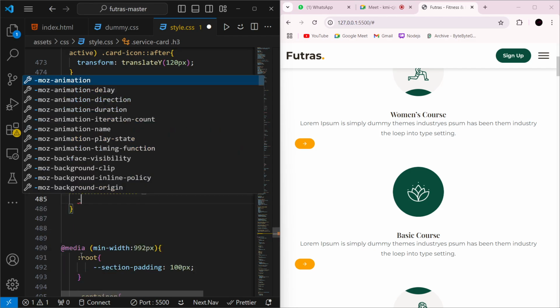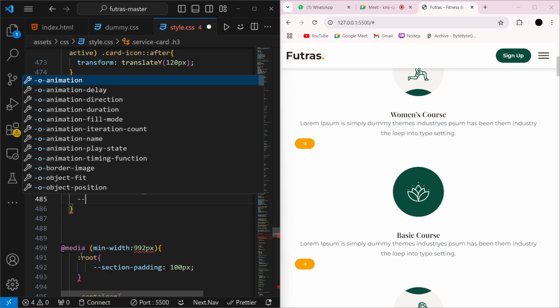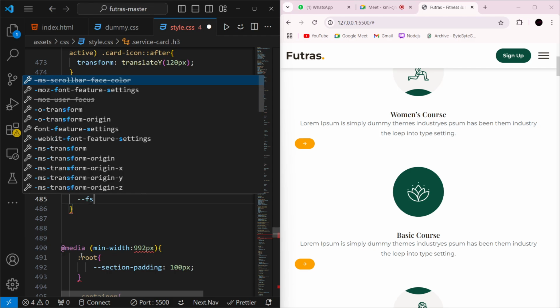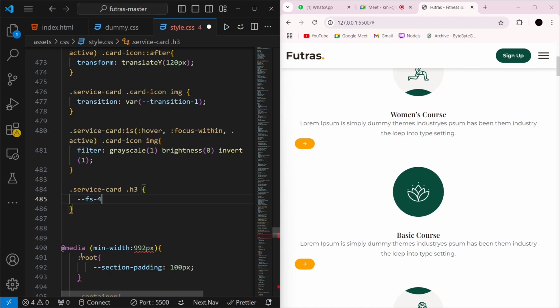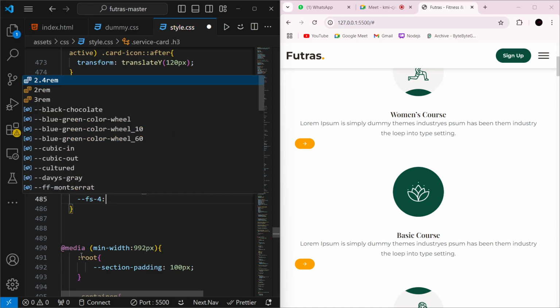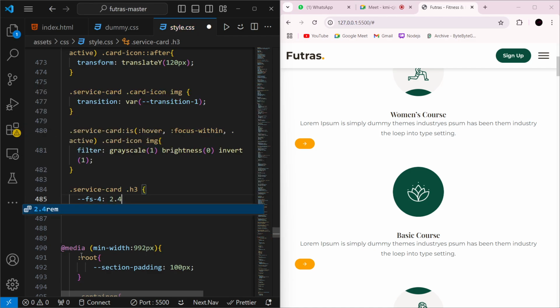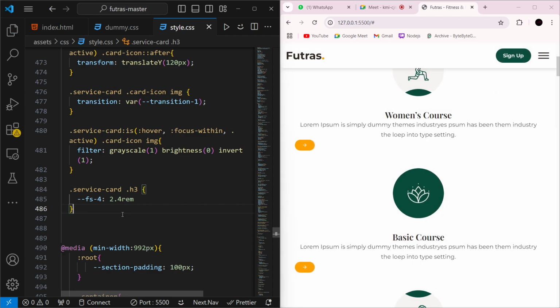Font size, FS 4, 2.41. Okay, and adding it here. Next, after this,